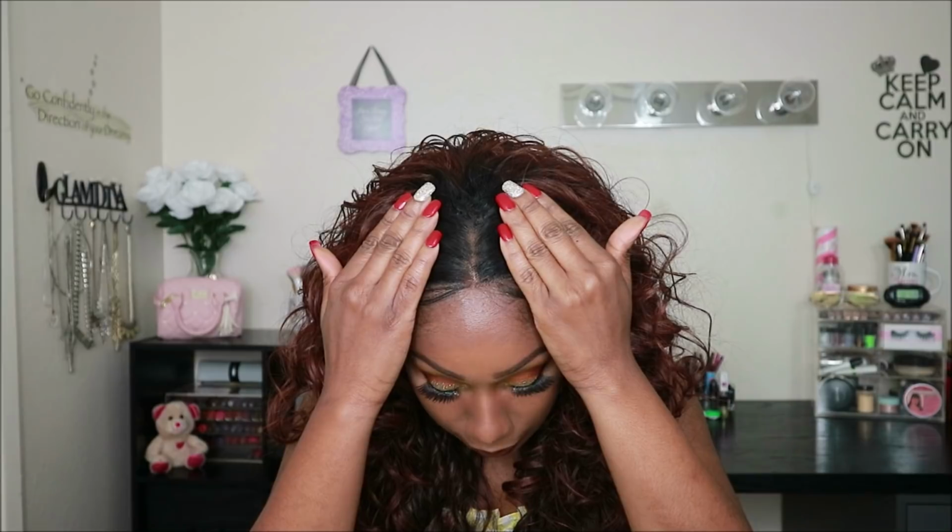It's absolutely beautiful. The only thing I'll point out to you that may be a con for some is you only get dark roots in the front and like crown area. This is how much parting space you get in the middle. And y'all know how I feel about a side part, but with this one, as soon as I put it in the middle, I was like, boo,